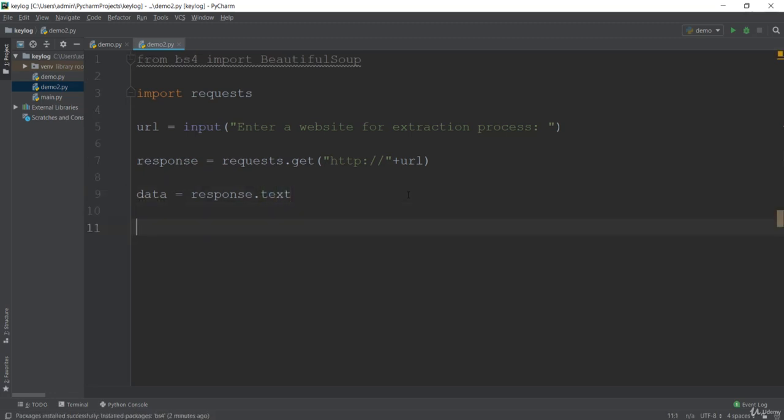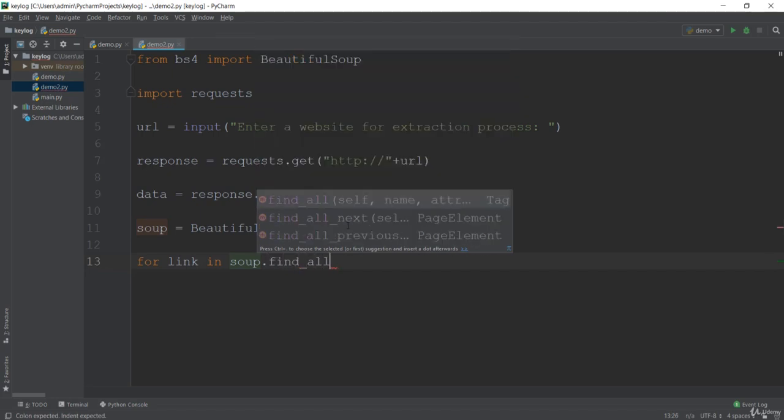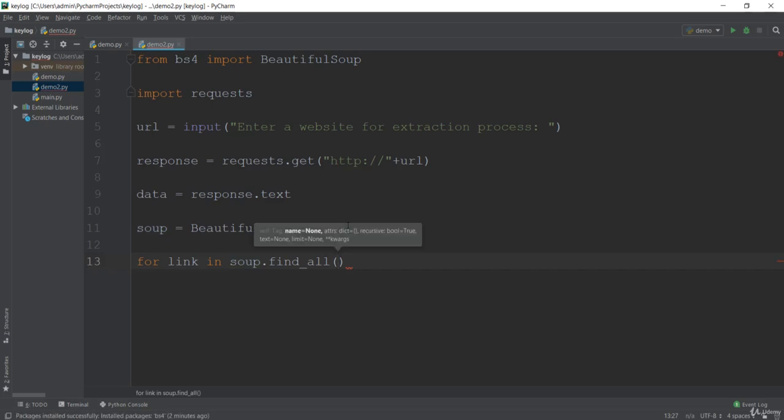Now we should use Beautiful Soup, which is the class, and here we have to pass the data that is in the form of text. We'll make the object, basically an instance of this BeautifulSoup. Now let's harvest the links. You can see how easy it is. We'll use this BeautifulSoup instance and the find_all method, same as the regular expression method, but for now we only harvest the anchor tag. It is going to search the HTML document and find the anchor tag.